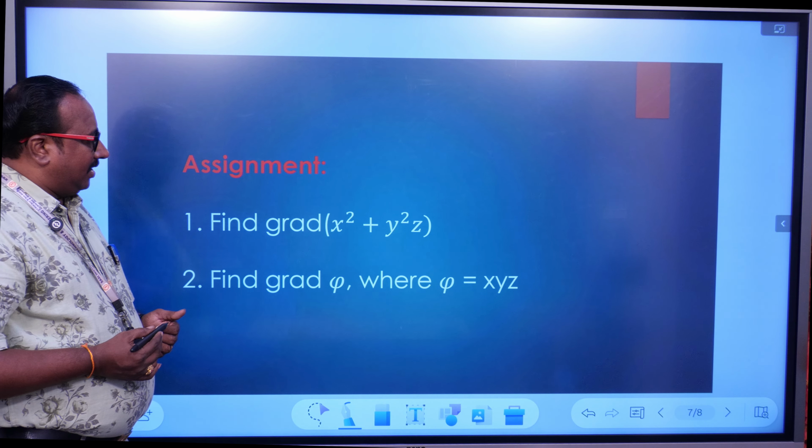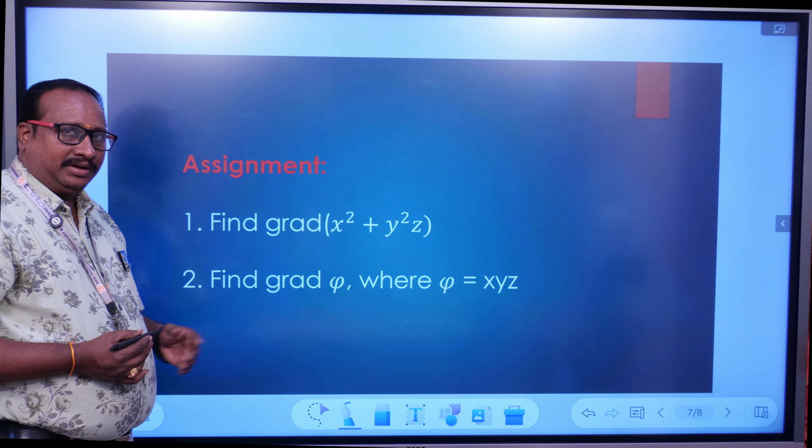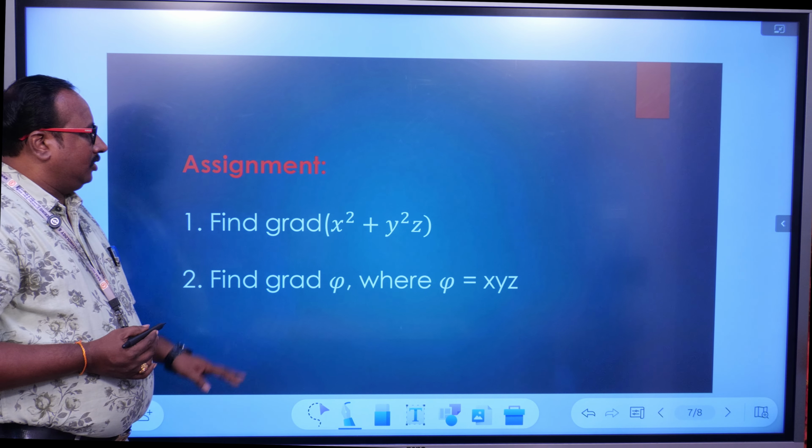Now find the gradient of phi where phi equal to xyz. This is also the same model problem. Okay, so we have to do this